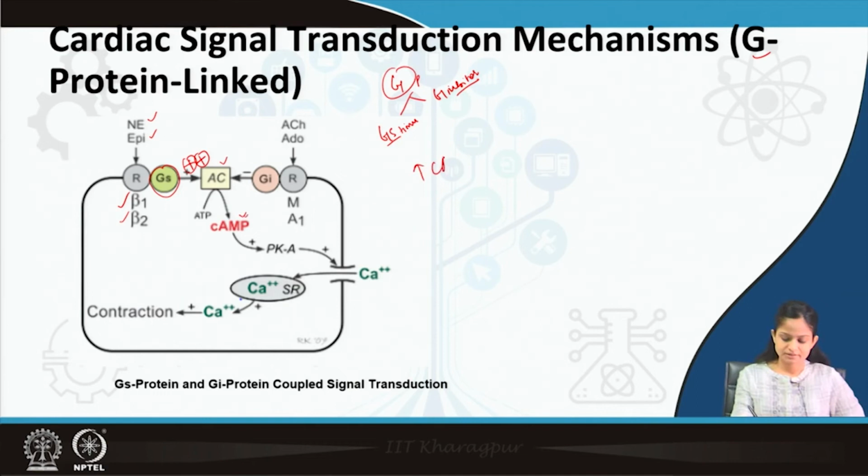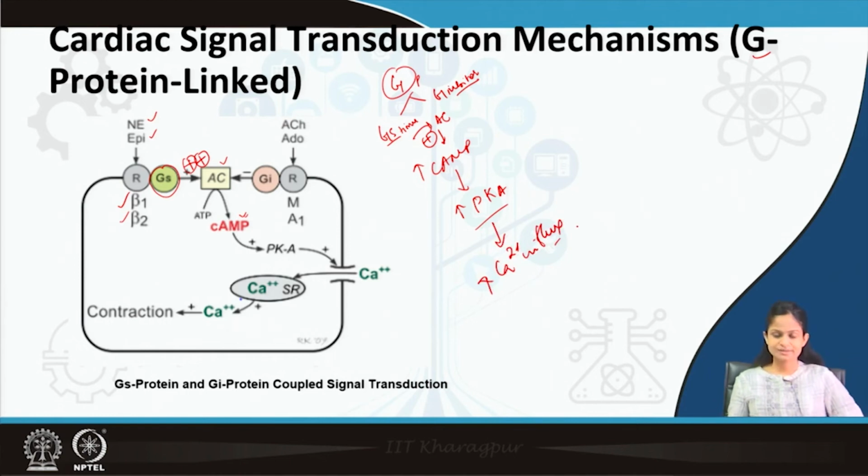So, increased cyclic AMP because of this adenyl cyclase enzyme stimulation will cause increased formation of protein kinase. This protein kinase will cause increased calcium influx. This increased calcium influx will cause more contraction. This is exactly